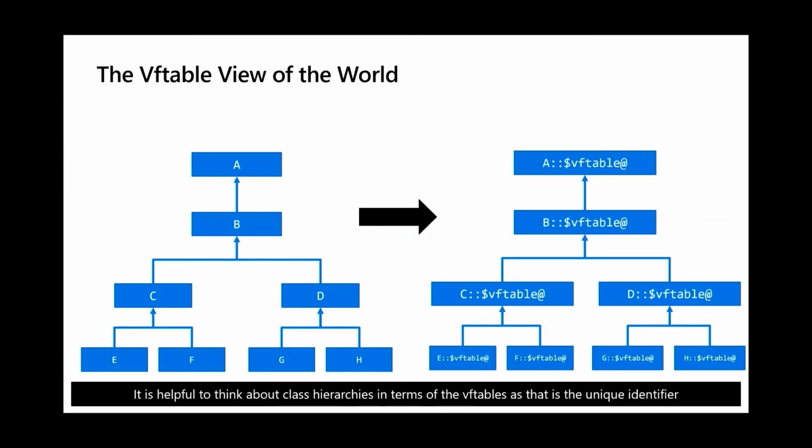So with CastGuard, since we're using vtables as a way to identify the object, you really need to think about things in terms of the vtable view of the world. This was one of the biggest cognitive shifts for me to wrap my head around. I kept trying to think about checking for the validity of casts just in terms of the classes that were in play, but I really needed to be thinking about what are the vtables in play.